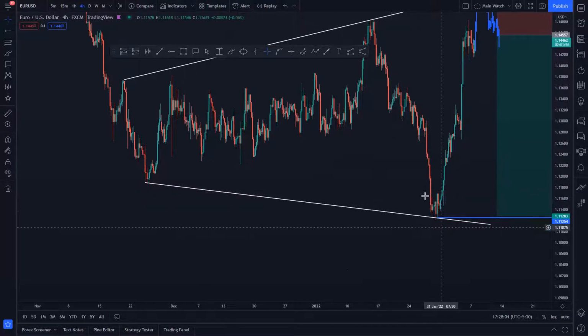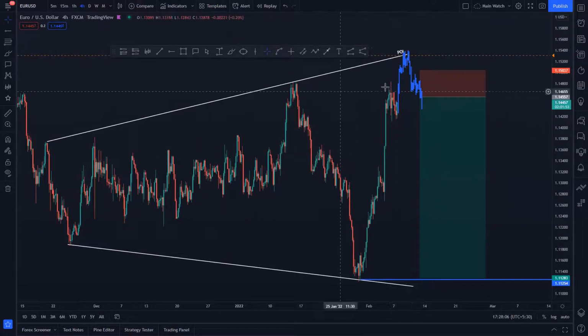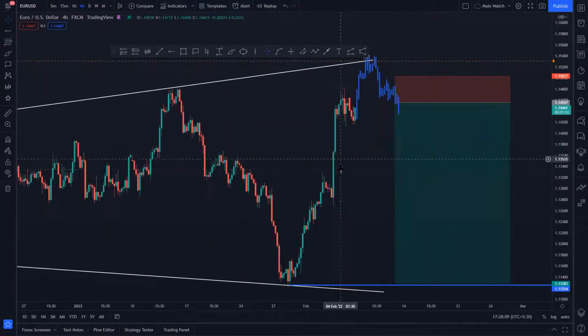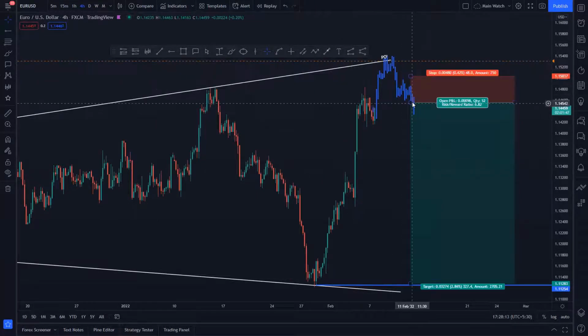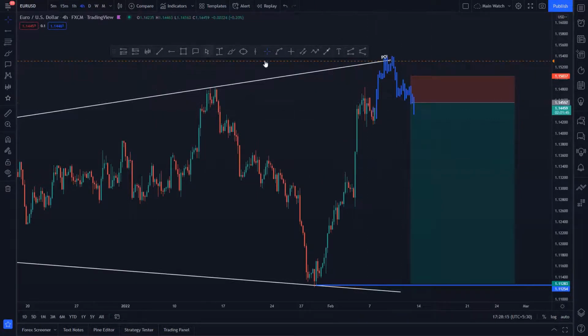We can see that this is now a high value area. This is now the level of entries we can look for. How do we get involved? Either we take a risk entry or we take a reduced risk entry. A risk entry means we get involved in the market exactly from the POI, because we get a rejection from here. Or we wait for confirmations,